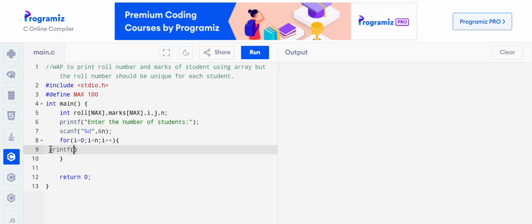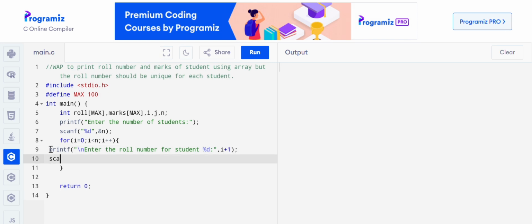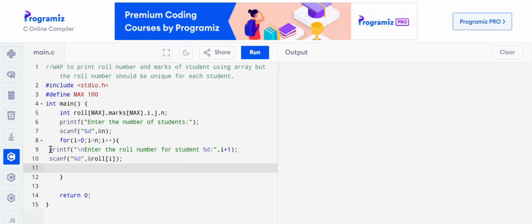printf, new line, "enter the roll number for student %d:", and then i plus 1. This basically helps to start the index from 1, and then take input from the user using the scanf function, %d, &roll[i], and then write an inner loop that basically helps to check the current user's given roll number